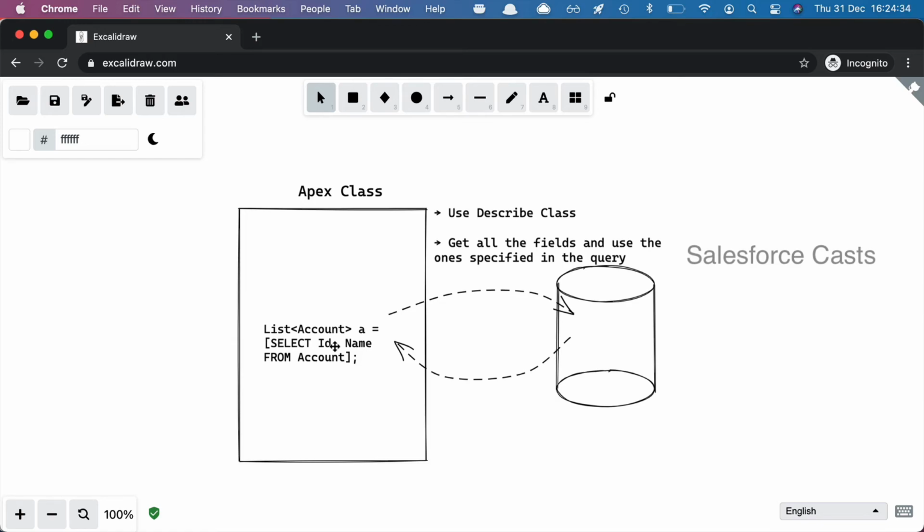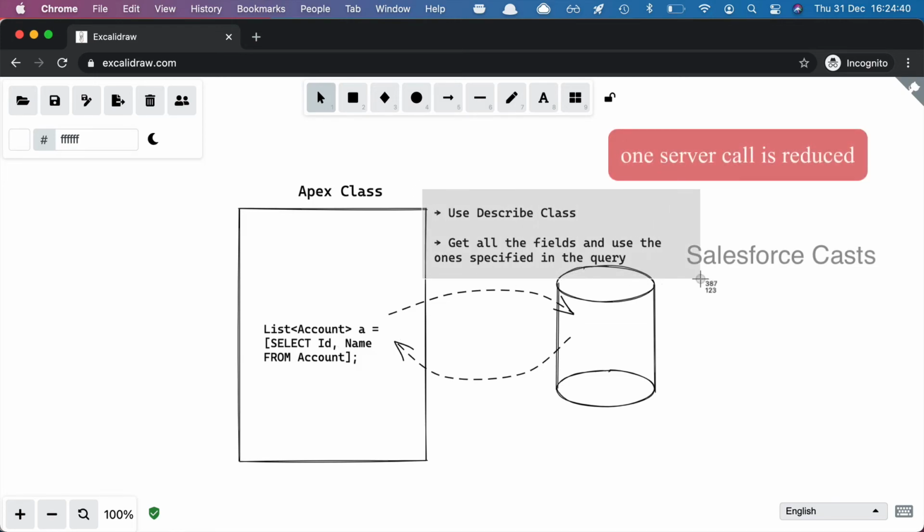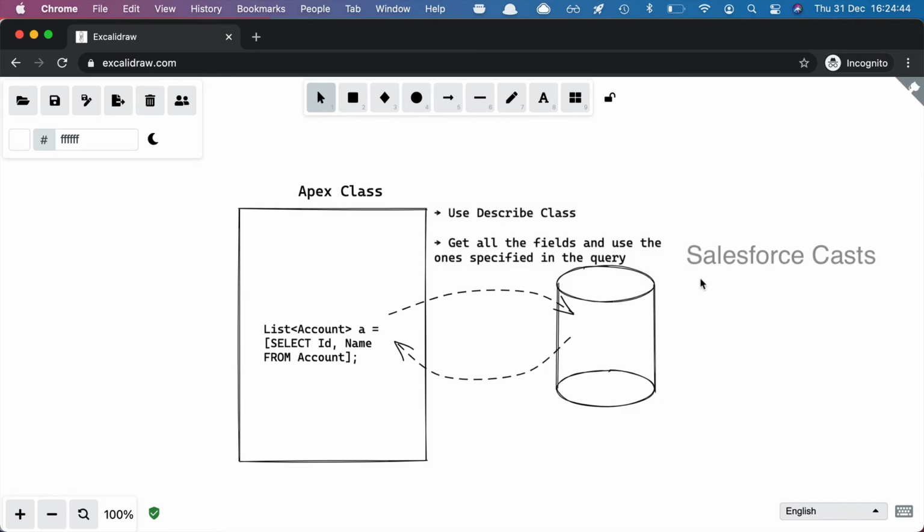Now with the usage of FIELDS(ALL), FIELDS(STANDARD) or FIELDS(CUSTOM), we are trying to eliminate this one extra step, which is making use of the describe class and then fetching all the fields of the object and building the query based on the fields that we have specified in the query. That whole step is kind of ignored now. Along with that, a lot of time will be saved because no longer do we have to do some research and get a hang of the API name of the field. We can just specify FIELDS(CUSTOM) or FIELDS(STANDARD). It is going to take care of the rest of the other things.